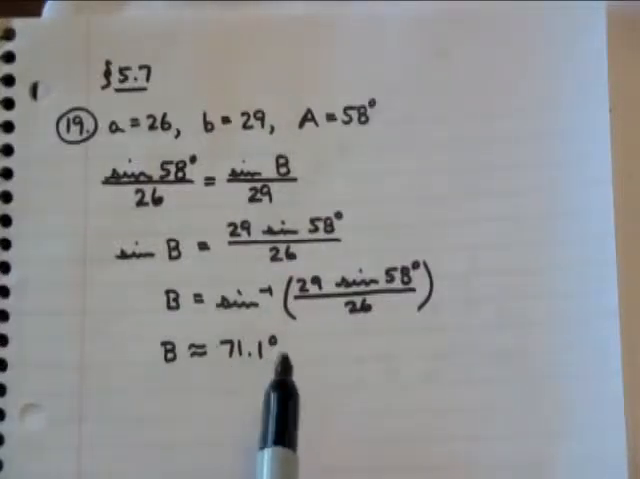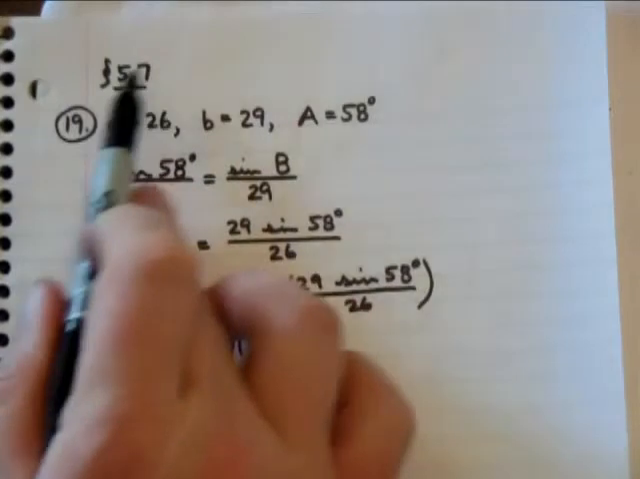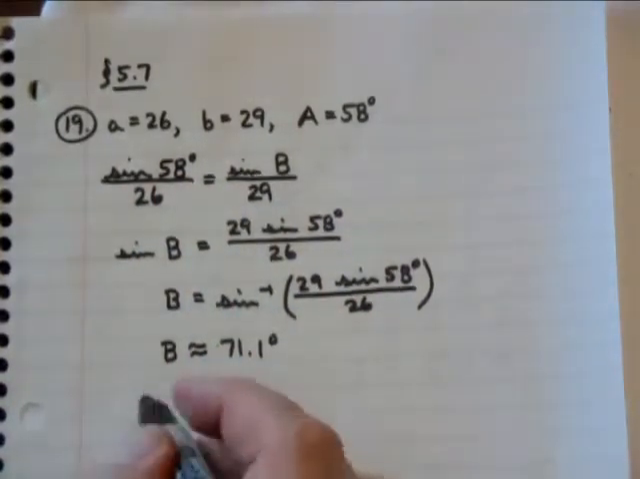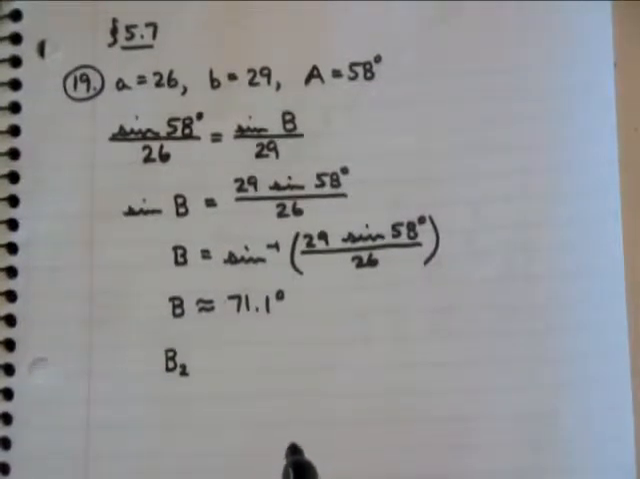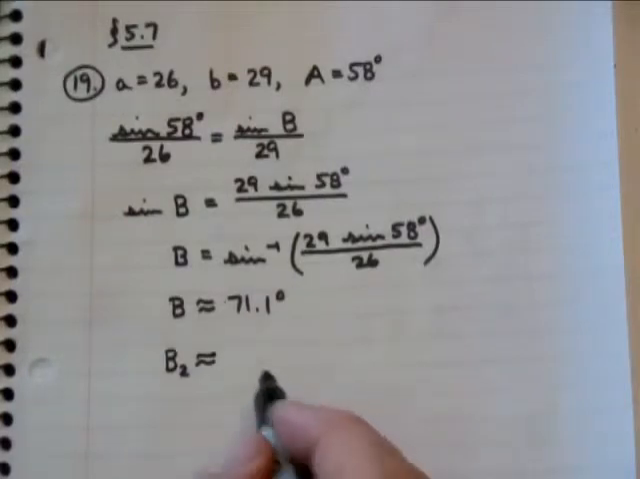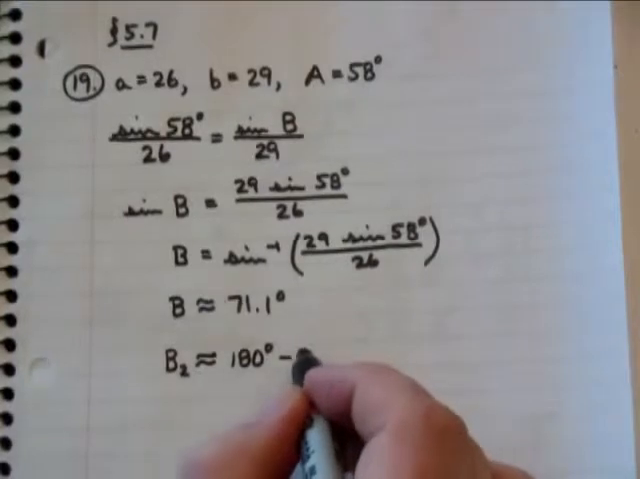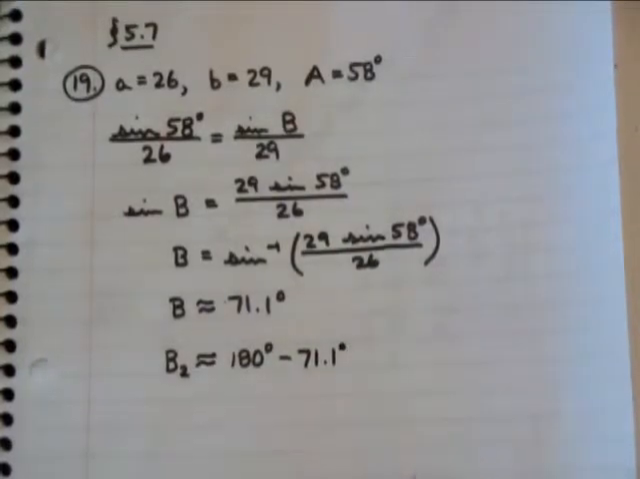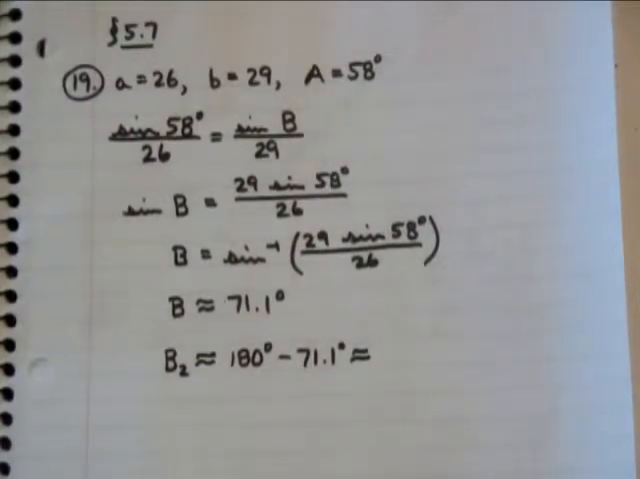Now there's one other weird thing that can happen when you're dealing with the law of sines, and that is that there's more than one possible triangle that meets this given information. So let's allow for the possibility that there is a second value of B that would also work. If there is a second value of B that would also work, that can be found by taking 180 degrees minus the first value of B that you're given. So in this particular case, 180 minus 71.1 gives us